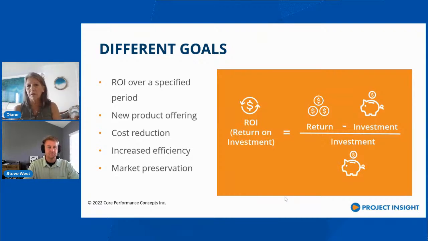Or you can have a project that's just about how we can reduce costs. So there are lots and lots of different goals. That's why I said not every project needs to take the time to really define what you're trying to accomplish. And then everything you do within that project needs to be aligned with what those goals are.